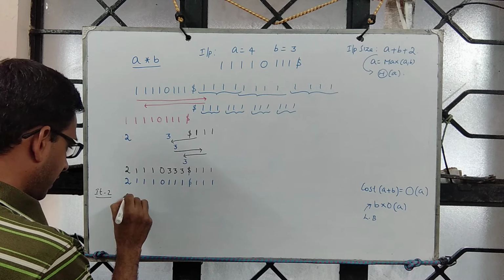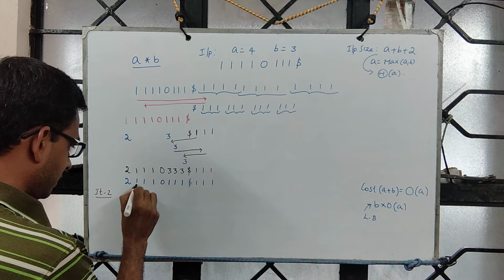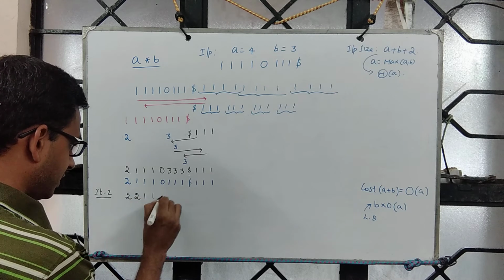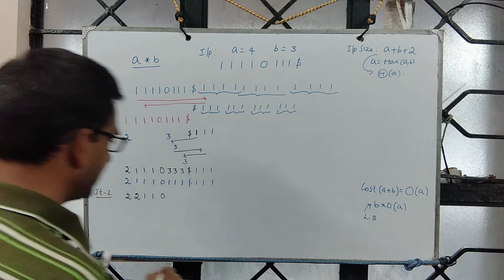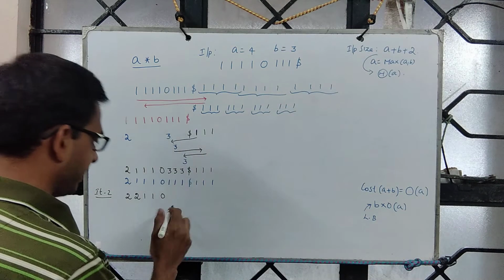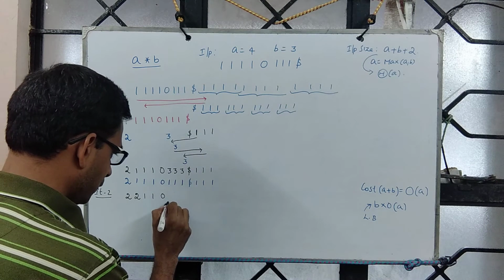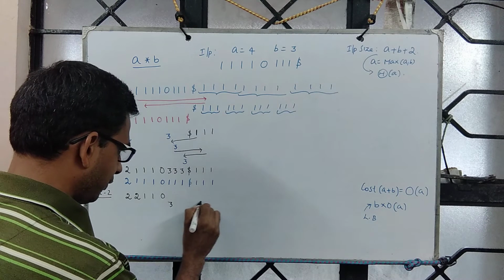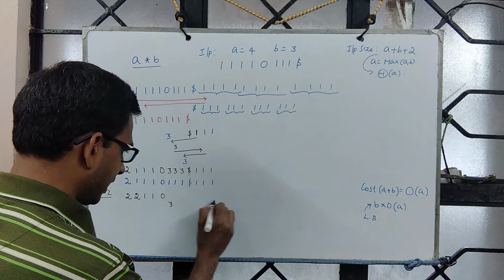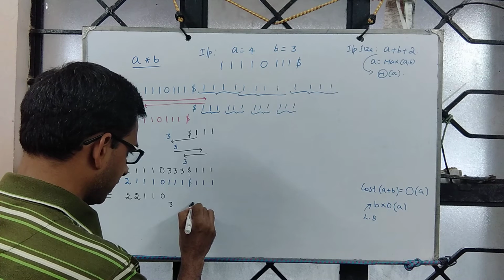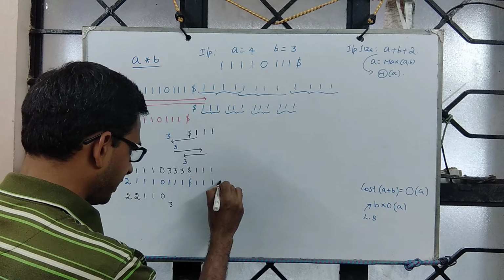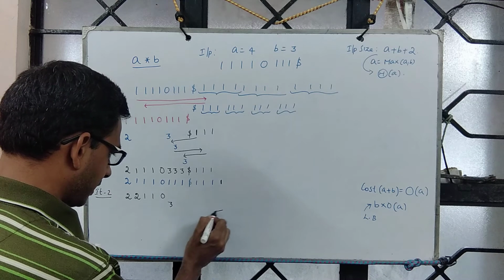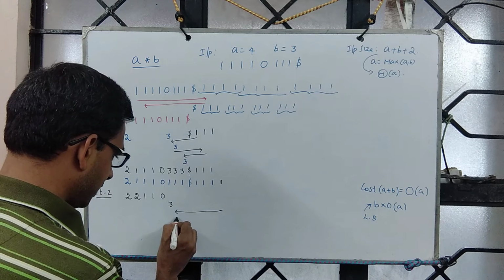Then when you come back, this remains as such. Then I change the next 1 to 2. This remains as such. After 0, I know B starts. Just follow this subroutine. Flip this to 3, move right, keep moving right. When you encounter a blank, write 1 over there.